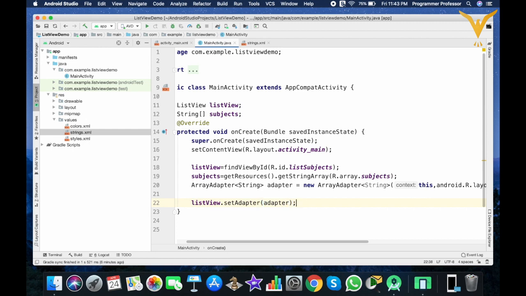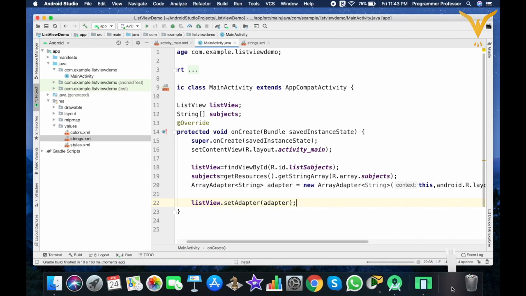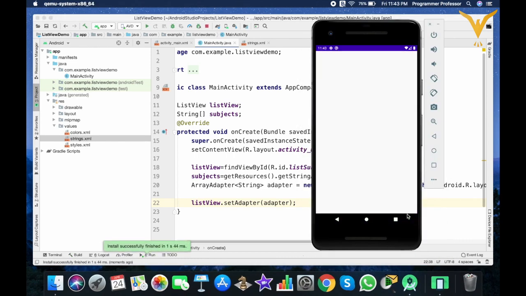So let's run this. Yes, we have our list, as we have mentioned our subjects in the strings.xml.